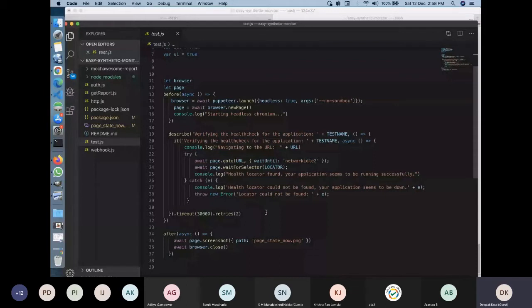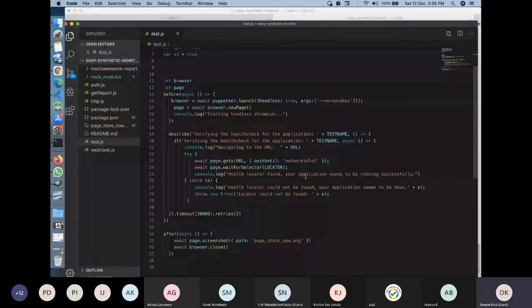That is why I have put 30-second retries, 2 number of retries, which means the overall runs would be 3: 1 normal test and 2 retries. So if it fails, it tries at least 3 times before telling me that yes, your application is down.